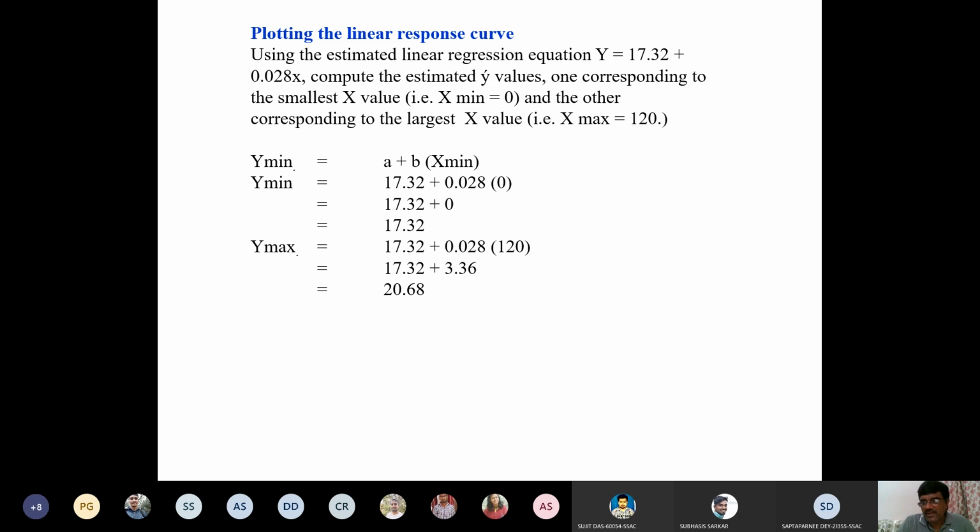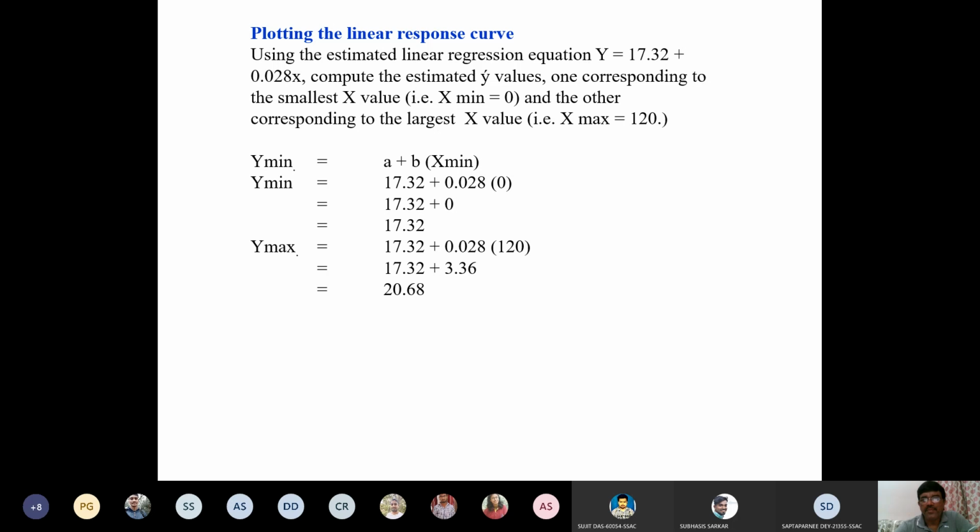So now we can plot the equation. Next, now we have the equation y is equal to a plus bx. We have tested it is linear. If it is linear, then you need to know two data values. One is you need to know y minimum. Y minimum is equal to a plus b x minimum. Y minimum means you can put the value of 0, x min. Means you need to have 2 points. One is the lowest point, other is the highest point.